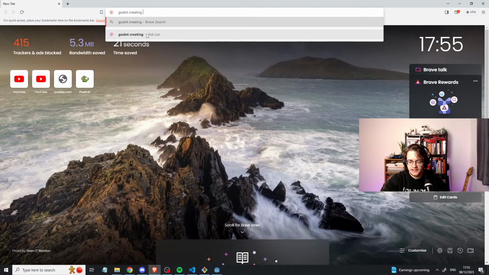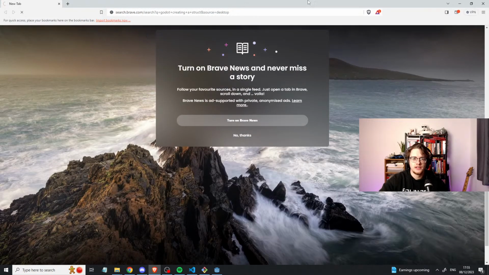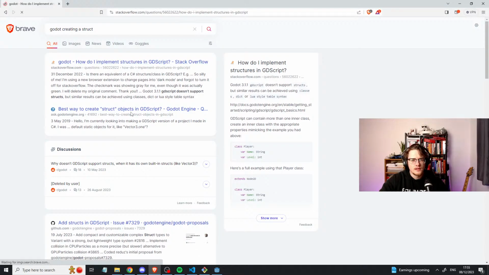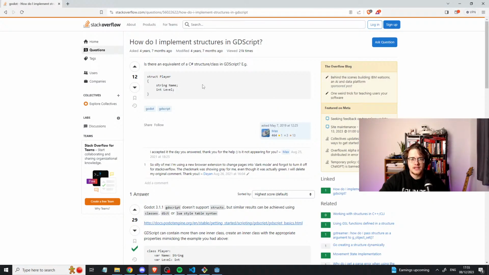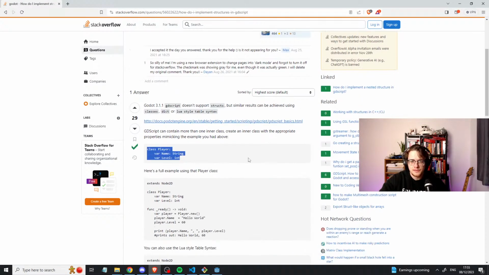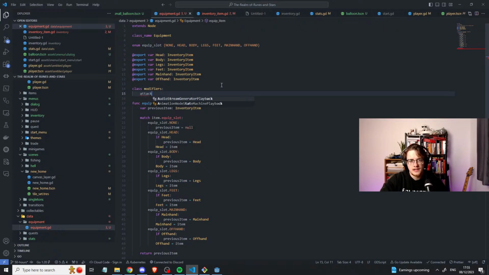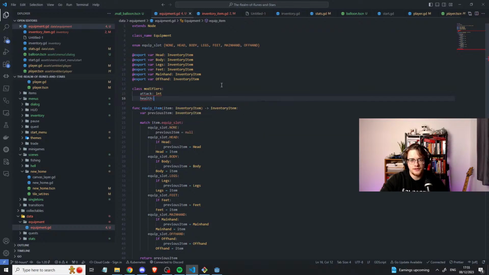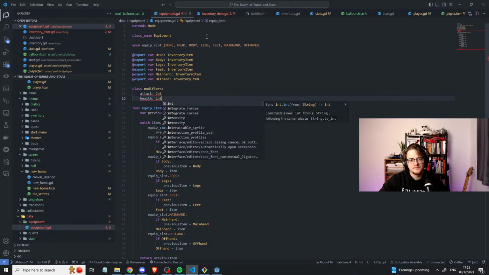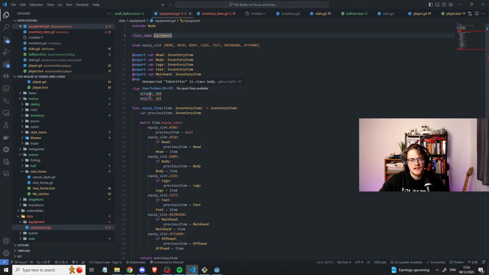Godot creating a struct. Supposed to be a class or something like that. Class player. Oh, okay. Let's do a class. Class modifiers. Attack int. Health int. I messed up the